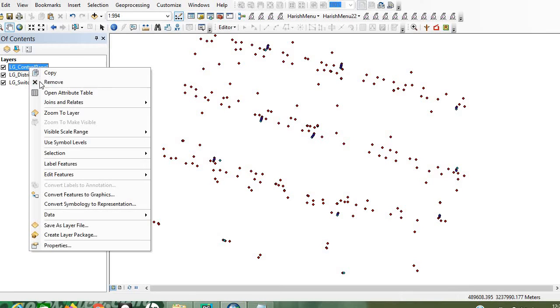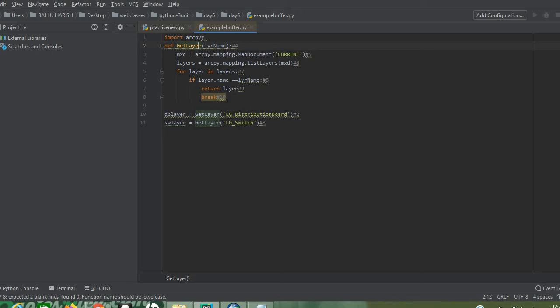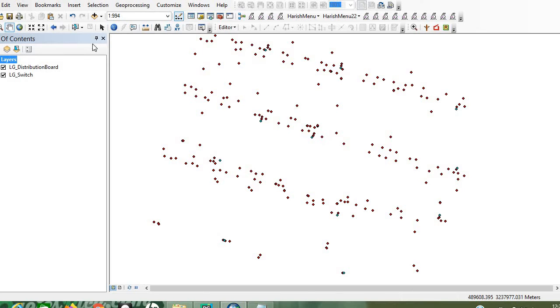Is it clear? Next, I am removing this layer, LG distributed board. Next, the fifth line is arcpy.mapping.MapDocument current. That means, as I have said, the only way for executing today's program is going to the ArcMap, loading the Python console, loading the program and running it.